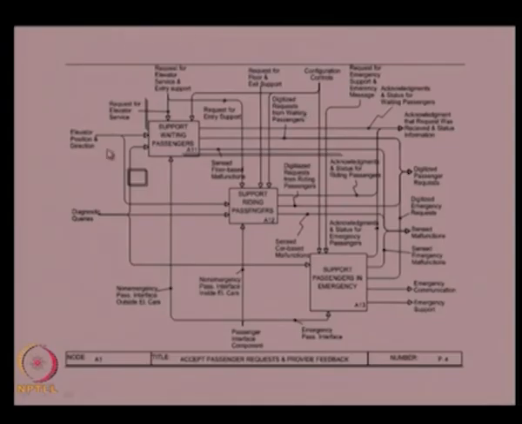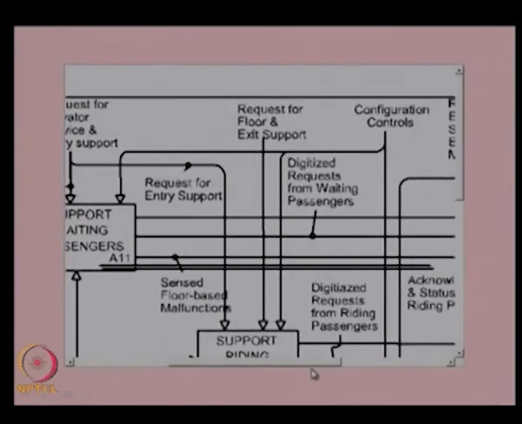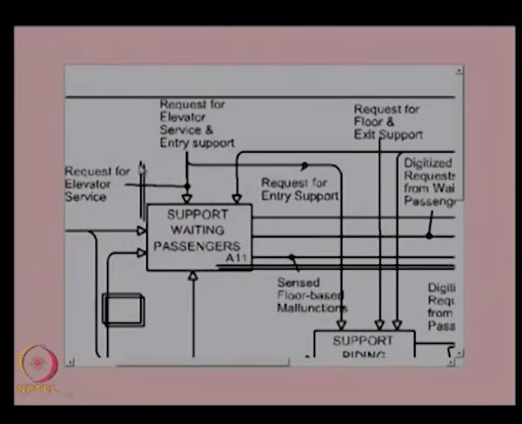So what we are doing is going to the A1 diagram, that is the A11 function, A12 function, A13 function, and seeing what actually happens to this request. Again we will see, this is the request for elevator service, which comes here to support waiting passengers, and in support waiting passengers the data is coming here and going out as acknowledgement or status for riding passengers. Then the digitized passenger request from waiting passengers and the request from entry support are coming over here. So actually you can see that this function is coming here and going out from here. Similarly,